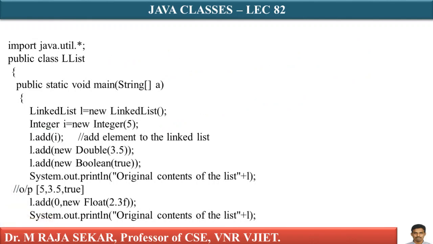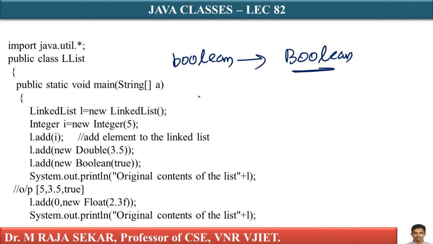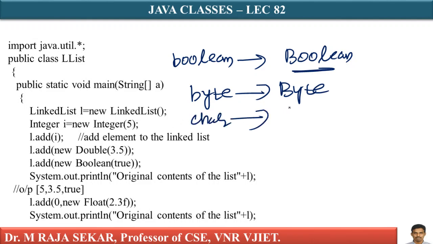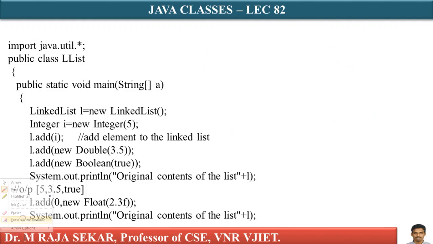Just see, there are wrapper classes like this. For example, boolean is a primitive data type in the Java programming language, whose wrapper class is Boolean. This is a wrapper class. In a similar manner, byte is a primitive data type whose wrapper class is Byte. char is a primitive data type whose wrapper class is Character. Anyway, I don't want to deviate to wrapper classes; as I told you, I will discuss them. For the time being, just understand, here I have a variable i whose value is 5.